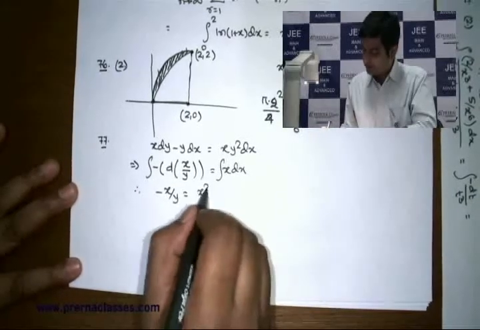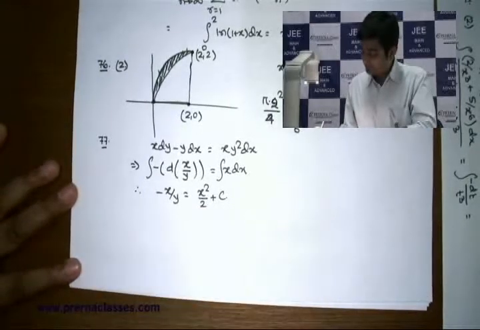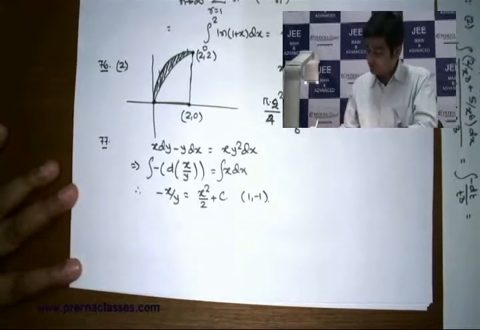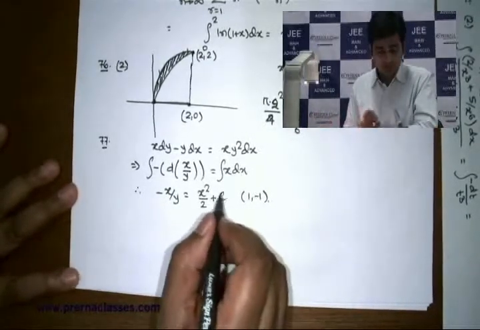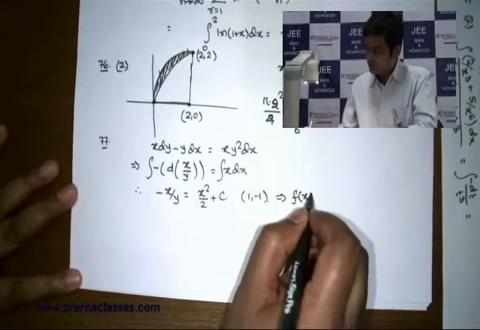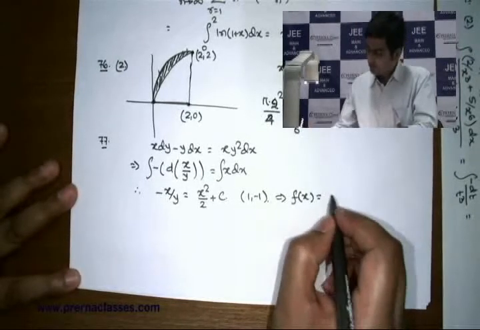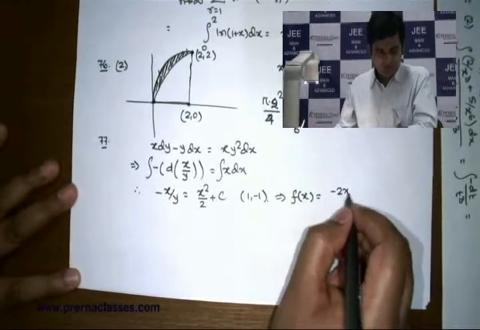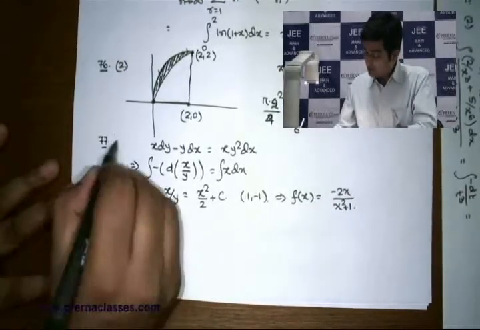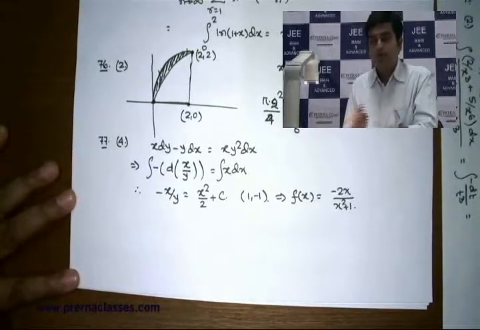I can write the left hand side as negative of d of (x/y) and right side is x dx, integrating which I'll end up getting the solution as this. And to figure out c, one condition is given that this curve is passing through (1, minus 1). You can then clearly figure out the value of c. Once you know that, y is nothing else but that f of x, which is going to be equal to minus of 2x by x square plus 1, and hence f of minus half matches with the option 4, that is 4 by 5.